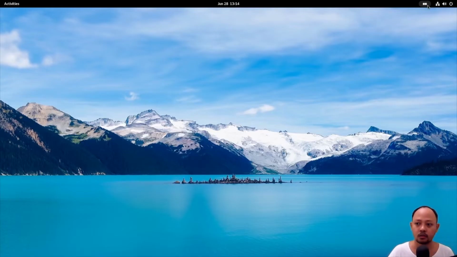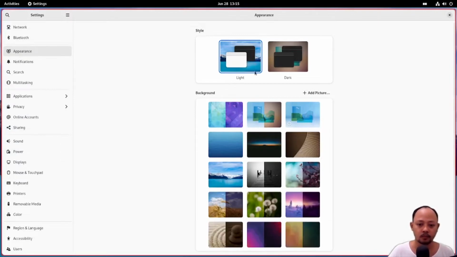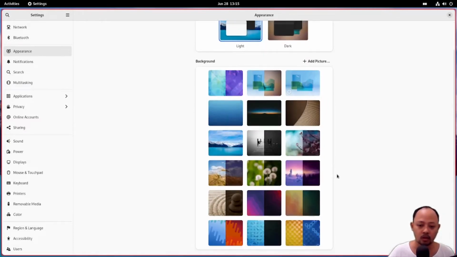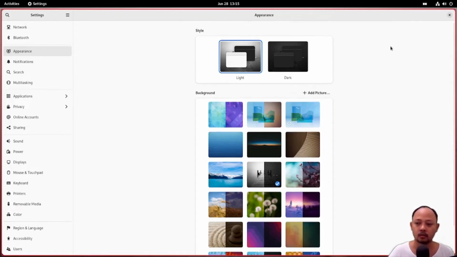Okay. And then background. I want to see the background. So there's light and dark background. Sorry, I mean light and dark style. And like Fedora, I think if we see something like this, it means the background can be used for the light and dark style.